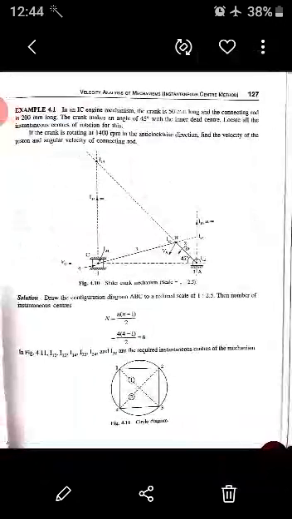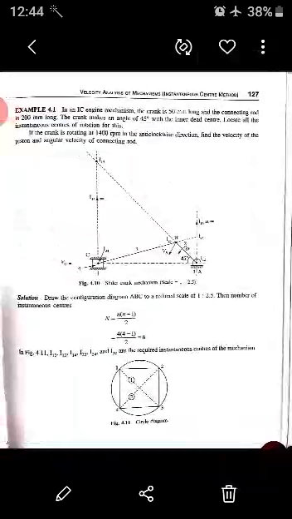Why? Because what is link 4? Link 4 is a slider. And I already told you in the first class, when a straight line is there, it always has infinite radius. So where is that I14? It is at infinity, perpendicular to the line of sliding. Velocity of link 4 is horizontal, so you have to draw I14 perpendicular to the line joining AC. So you have drawn a perpendicular line. That is called I14. So I14 is at infinity. See, we have written it clearly in the figure.